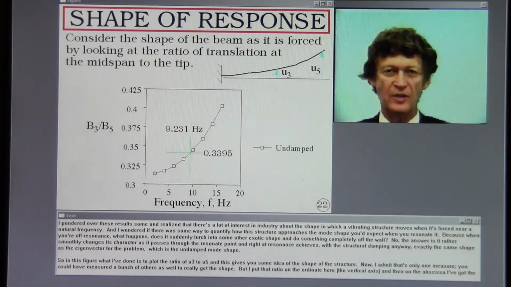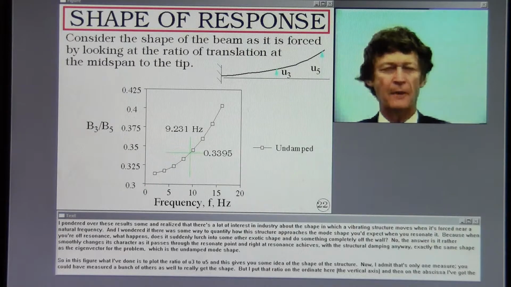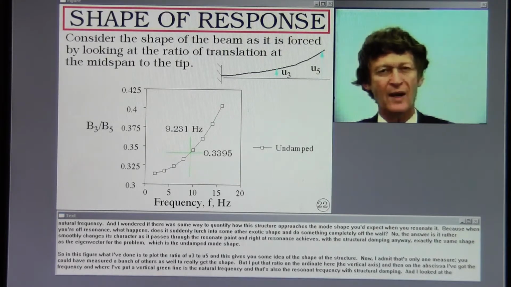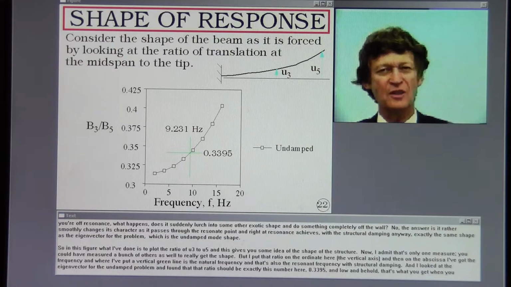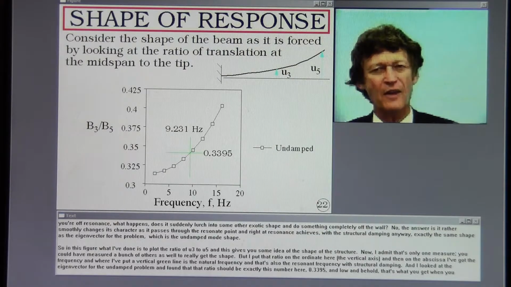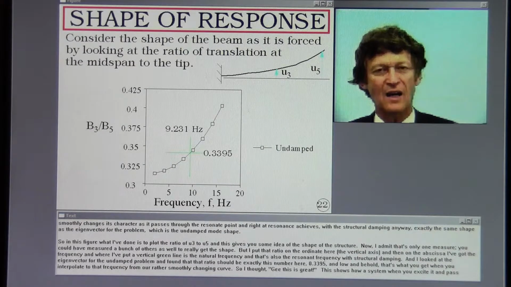I pondered over these results some and realized that there's a lot of interest in industry about the shape in which a vibrating structure moves when it's forced near a natural frequency. And I wondered if there was some way to quantify how this structure approaches the mode shape you'd expect when you resonate it. Because when you're off resonance, what happens? Does it suddenly lurch into some other exotic shape and do something completely off the wall? No, the answer is it rather smoothly changes its character as it passes through the resonant point, and right at resonance achieves, with the structural damping anyway, exactly the same shape as the eigenvector for the problem, which is the